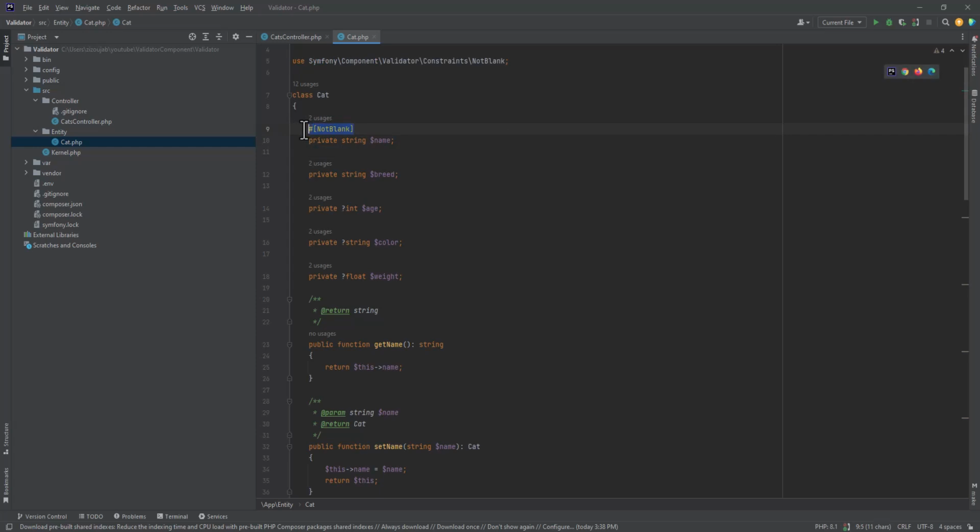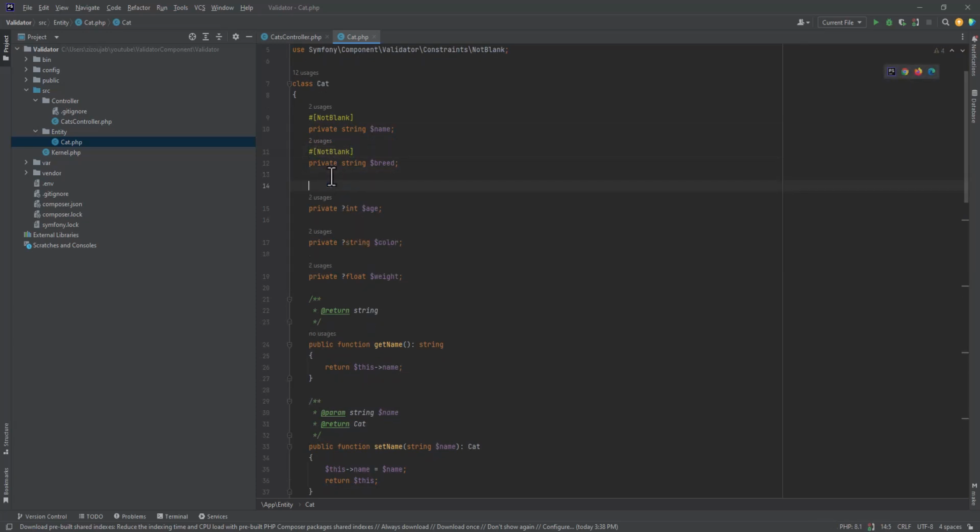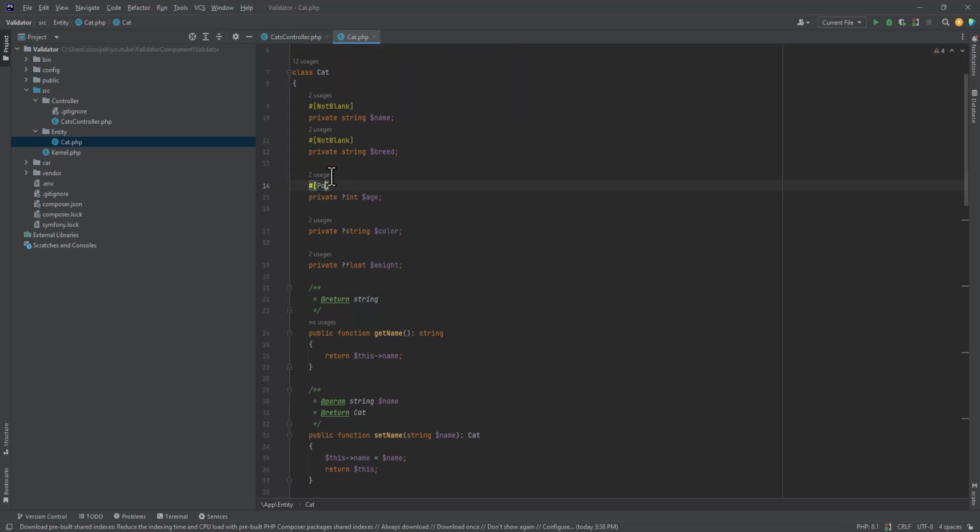The same will go for the breed as well, and for the age we want it to be a positive number, because you don't have negative ages, so it's an integer, and it should be positive. Yes. The same goes for weight,